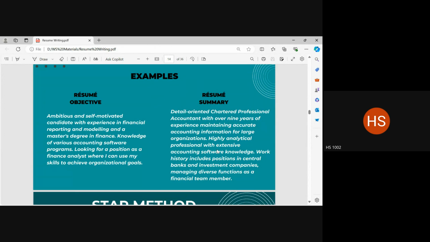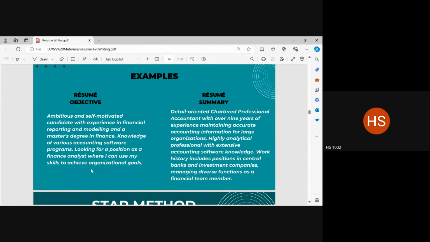Okay? Attention to detail, all of those things are qualities that you bring to the table. Highlighting those is important to an entry level applicant. Your knowledge of software, once again, very necessary for an entry level applicant.